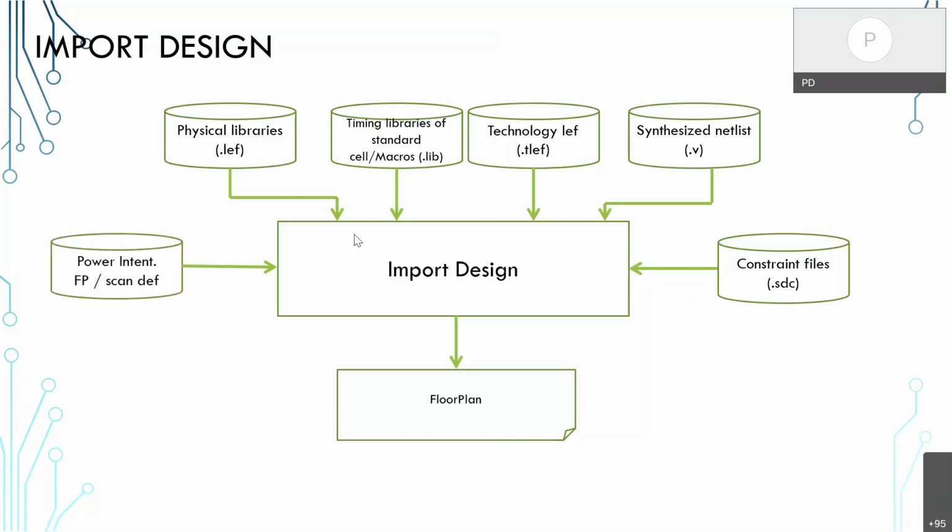And comes power intent. These are all optional ones, we won't have them for all our blocks. Power intent means, for example, there will be some blocks which have a low power application. One of the low power techniques is that we divide the cells into domains, like power domains. Some cells are required to be always on, whereas some portions which are needed only for a particular time can be turned off if they are not needed.